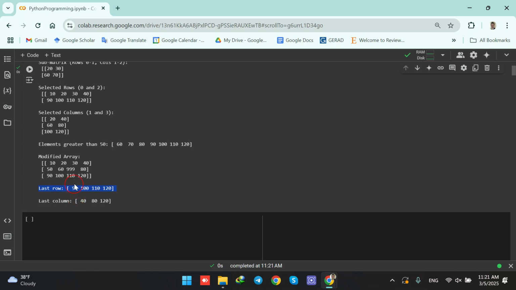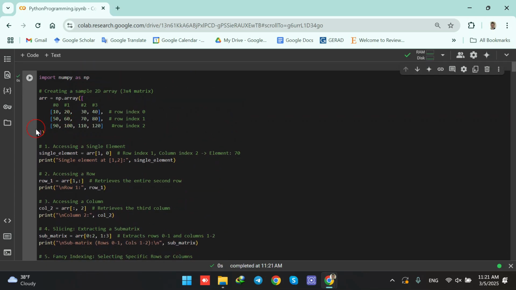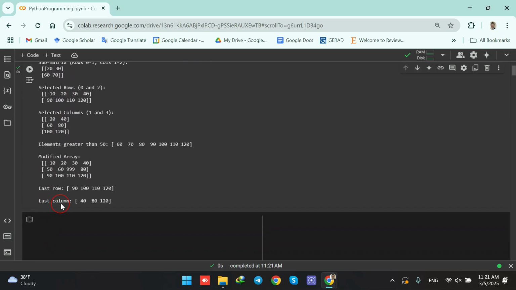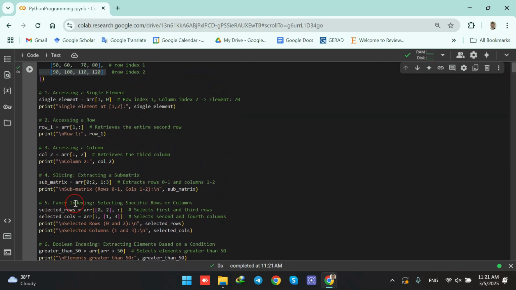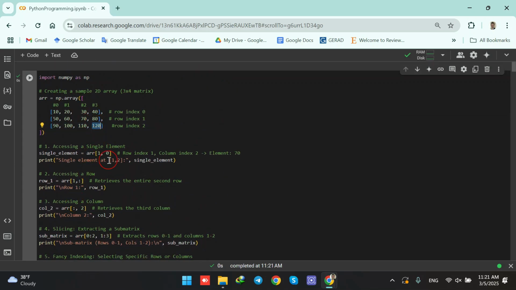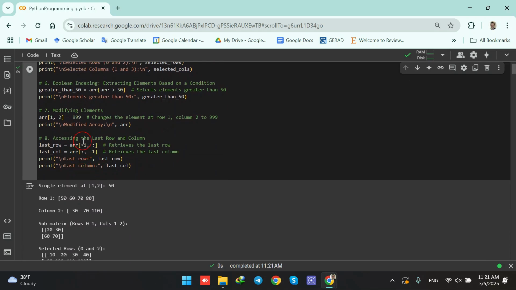Here we see that we are having the last row. The last row is from 90 to 120. So we see from 90 to 120. And we are having the last column from 40, 80, and 120 being printed in the output using the